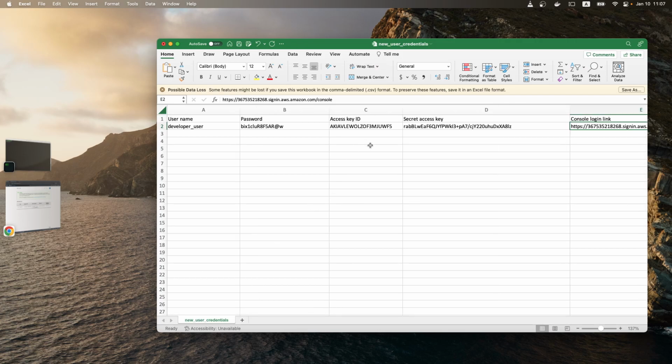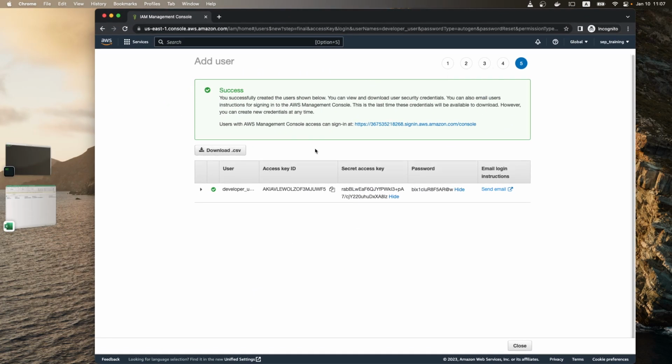Yeah, you don't have to remember it. I will delete it after this video because this is for my account, right? So now actually whoever has those two keys can use CLI to access my AWS account with administrator's access. We're going to talk about the CLI later on, but now let's just try to log in our user using the username and password. So let's go back to the browser